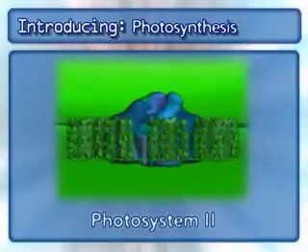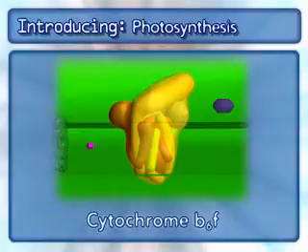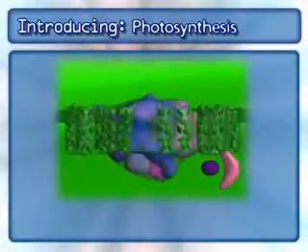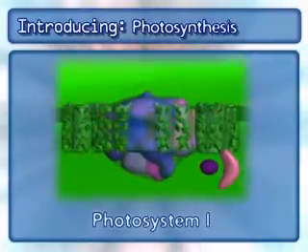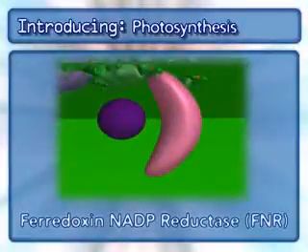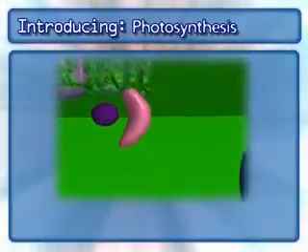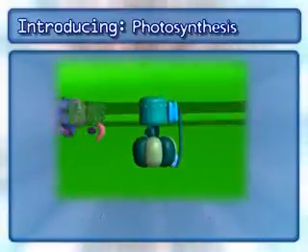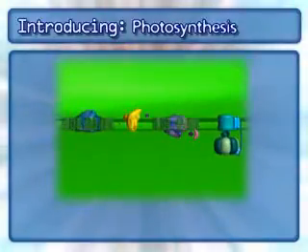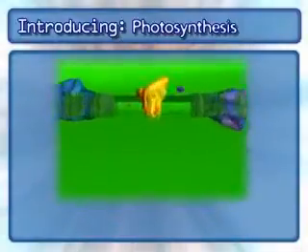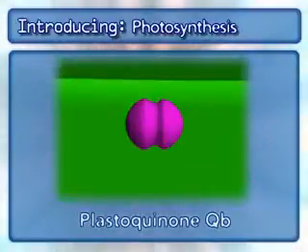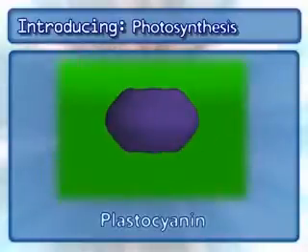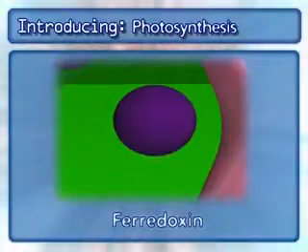photosystem II, cytochrome b6f, photosystem I, ferredoxin NADP reductase, and the complex that makes ATP, ATP synthase. In addition to the complexes, 3 mobile carriers are also involved: plastoquinone QB, plastocyanin, and ferredoxin. Other key components include photons,